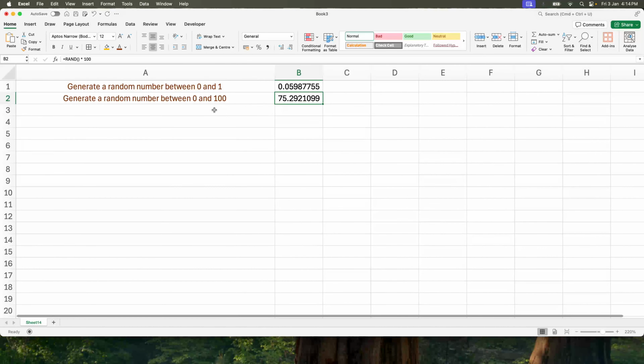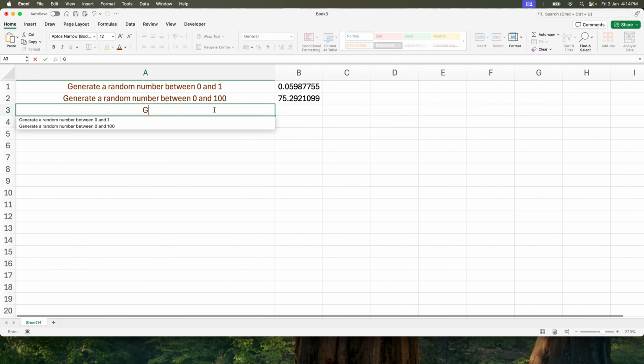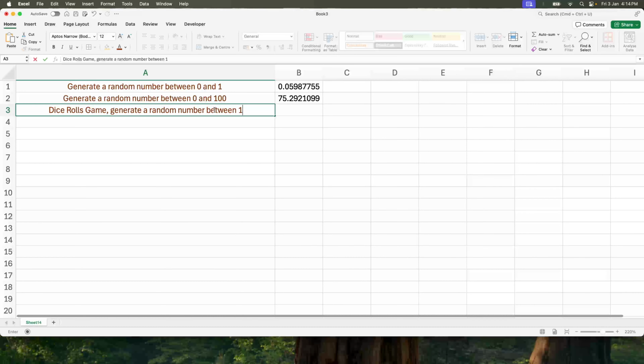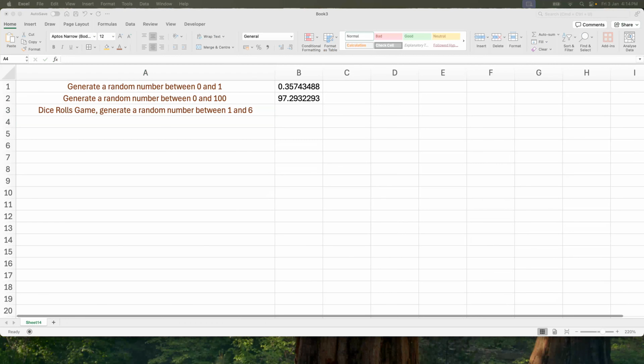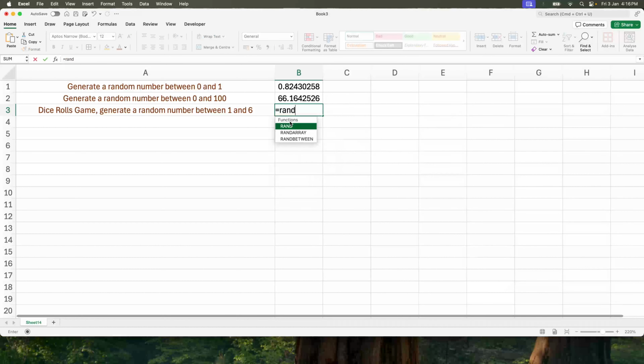So now, for example, let's talk about the dice rolls game. Generate a random number between 1 and 6, right? So let's see how we can achieve this. How can we achieve this? It is equal to RAND